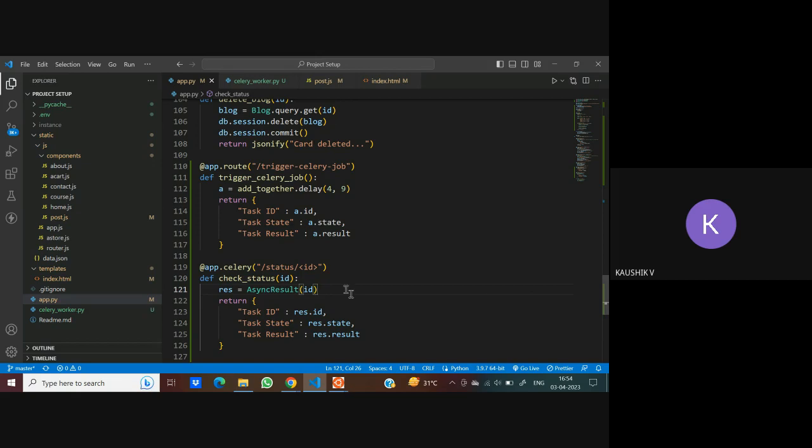So what does app.celery do? Sorry? What does app.celery do? Oh, sorry. It should be app.route, not app.celery. Oh, okay. This is a simple Flask endpoint. Yeah, thanks for noting it. Okay,